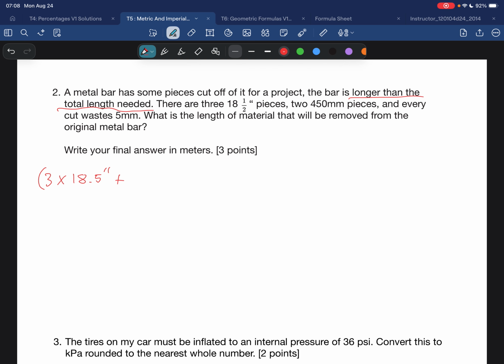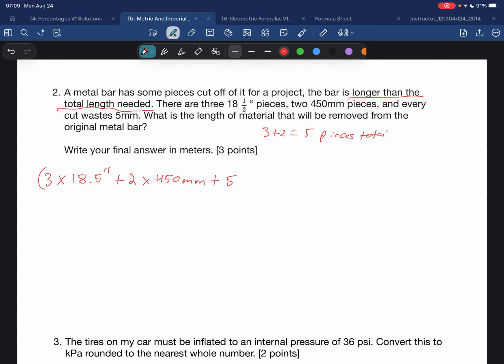And add to this the 2 times 450 millimeter pieces. Great. And then I have 5 pieces total here. 3 of the 18.5 inch, 2 of the 450 mil. So 3 plus 2 equals 5